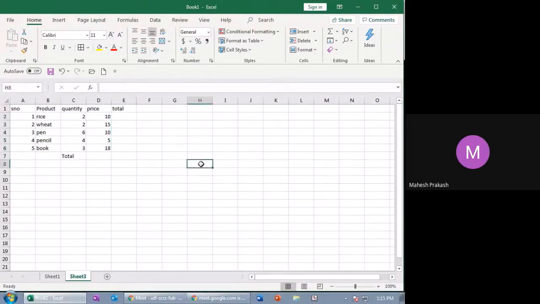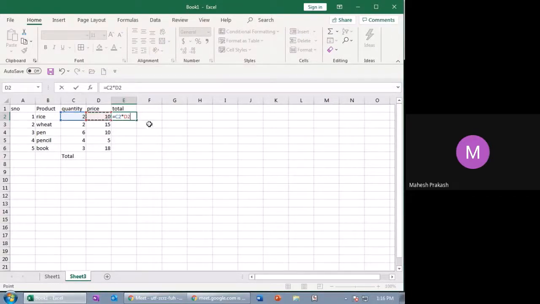What I'm trying to do is, instead of putting the formula here, how will you calculate the total? Equal to quantity into price, and click enter. So we'll get the total. But I'm not calculating the total one by one.